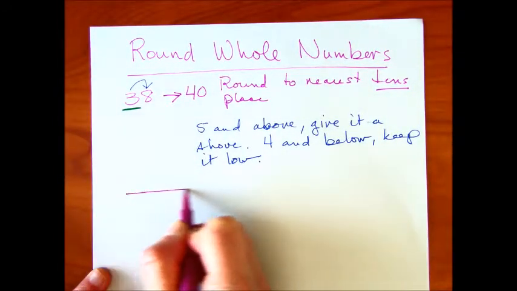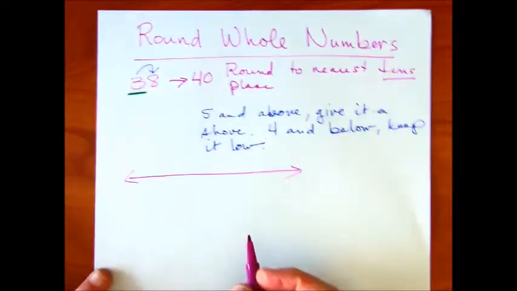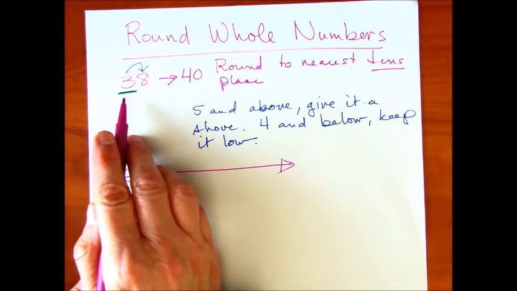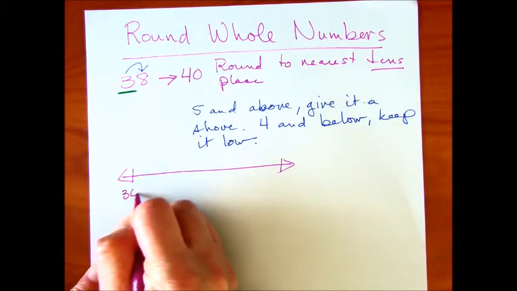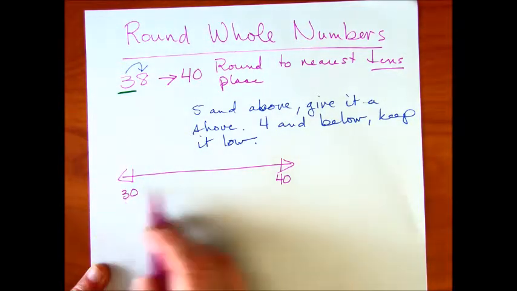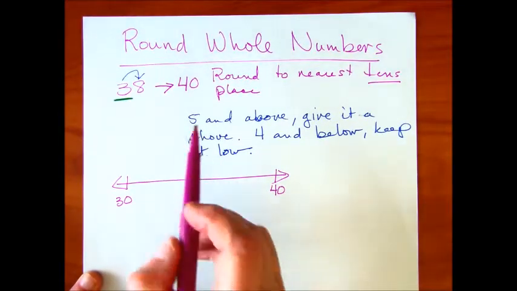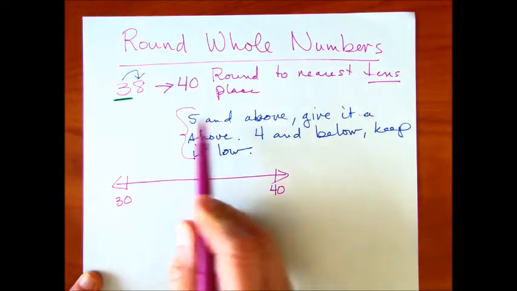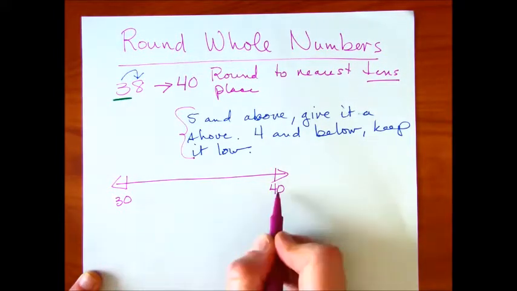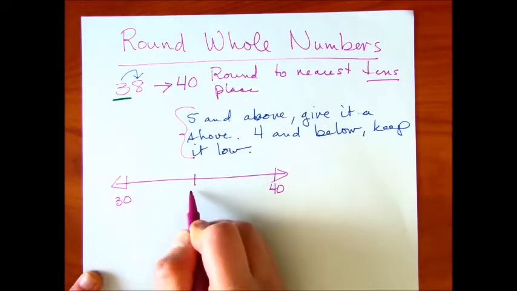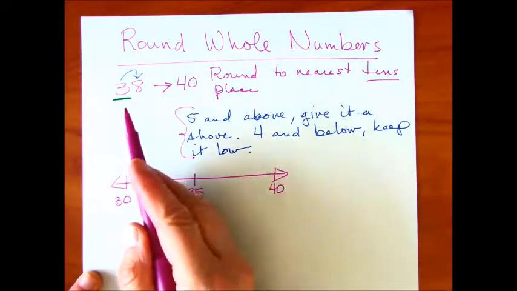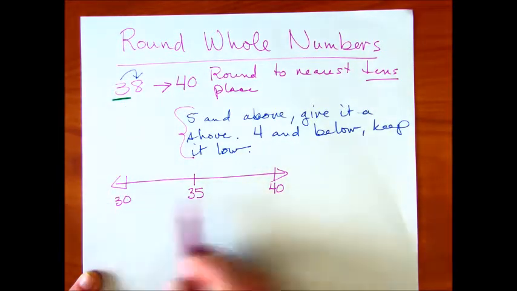Now if I were to draw a number line, just so you can visualize what's going on, when we're saying let's round to the nearest 10, and we've got 38, we're going to use 30 and 40. And we want to know, is 38 closer to 30 or 40? And if you think of this little saying here, 5 and above, give it a shove, if we find the halfway mark between 30 and 40, which would be 35,